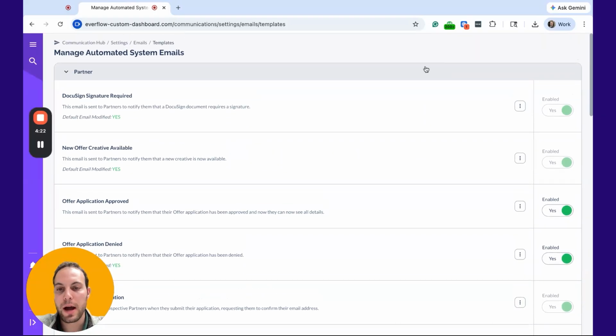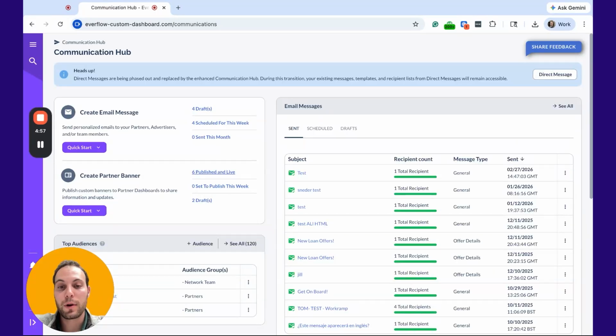Let's talk a little bit about strategy. Now we know how this tool works, but we have to make sure that we use it correctly. With great power comes